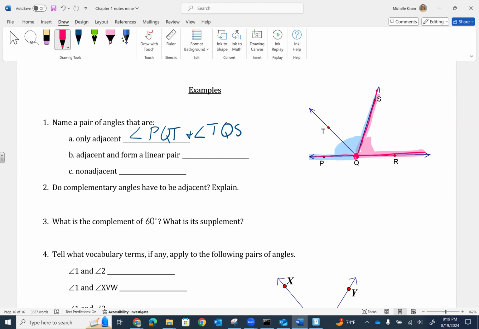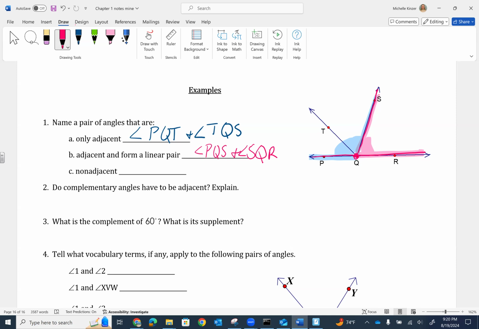what should we say that's going to be? They are made up of opposite rays, okay? And then also the common angle in between. And so adjacent in a linear pair would be angle PQS and angle SQR. Okay, those would be an example of a linear pair made up of angles who are adjacent to each other